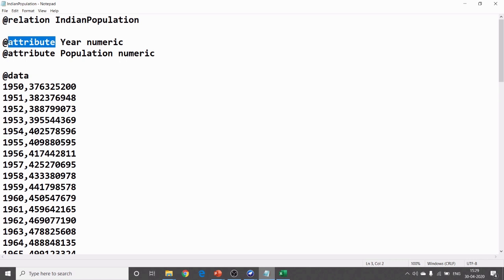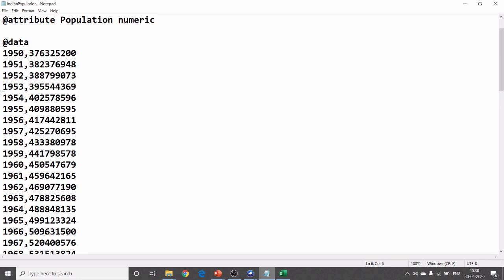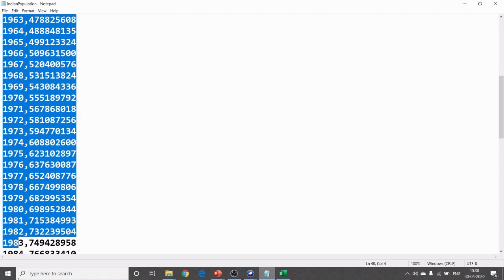Then @attribute, because we are continuing with only two attributes. Here we are taking population as a numeric attribute, and year also as a numeric attribute. Then we will paste the data, whatever data we have converted into the CSV format. Same thing we will copy and paste here.